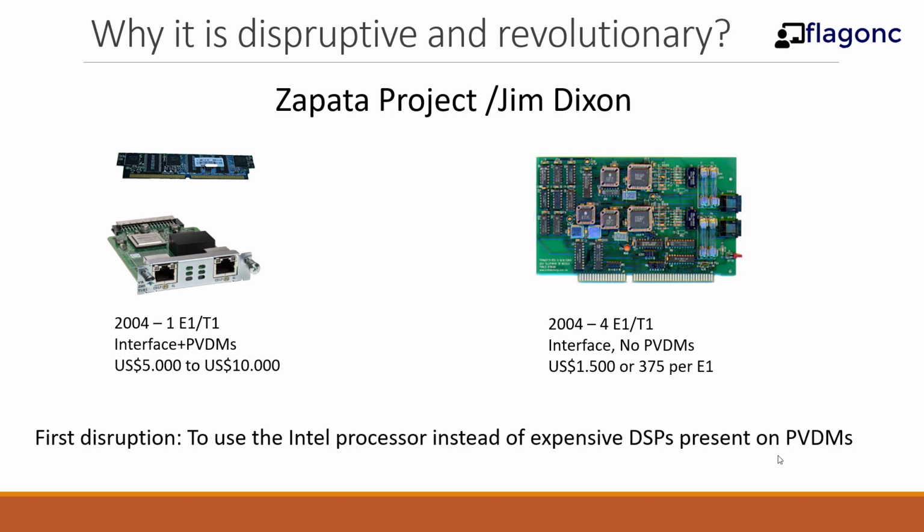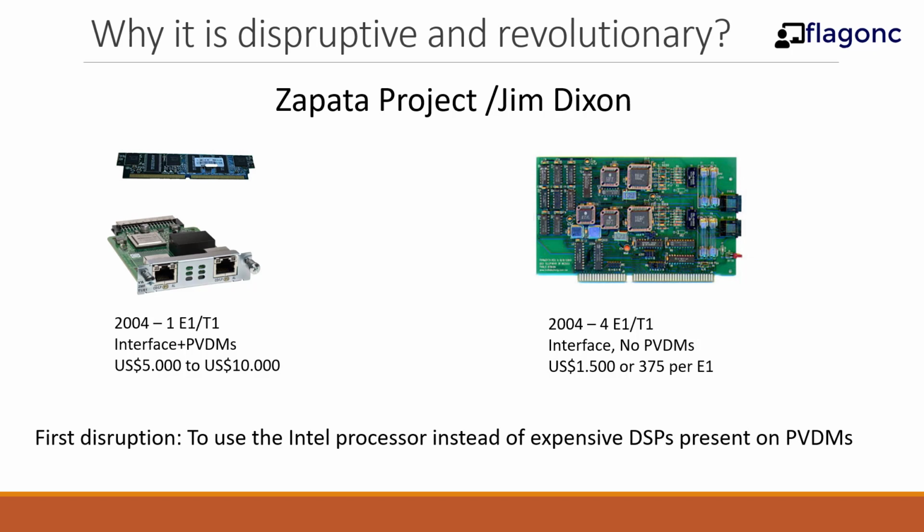Why is it disruptive? Asterisk started with a partnership with a project called the Zapata project of Jim Dixon. Mark Spencer and Jim Dixon partnered together to bring this concept to the world. That is really interesting. Instead of using expensive digital signal processors, Jim Dixon discovered that they could use the Intel processors to process voice. There was a belief that this was not possible. In 2003, 2004, almost any manufacturer had those DSPs. DSPs were digital signal processors, and Jim Dixon proved that you can use the Intel processor present in your PC